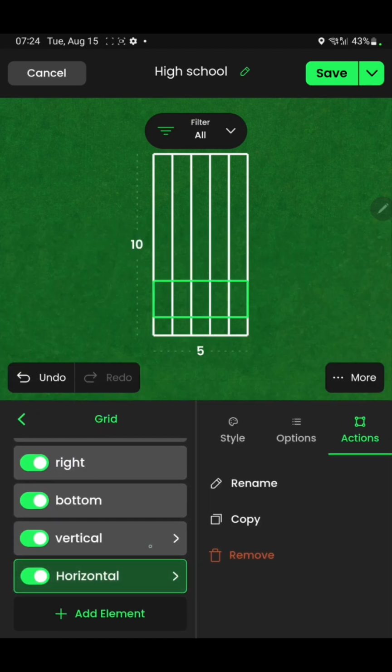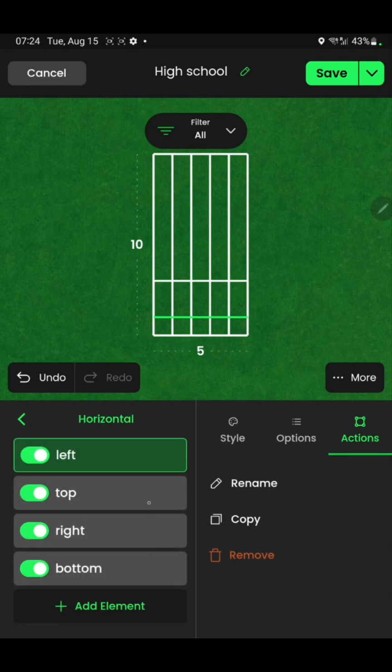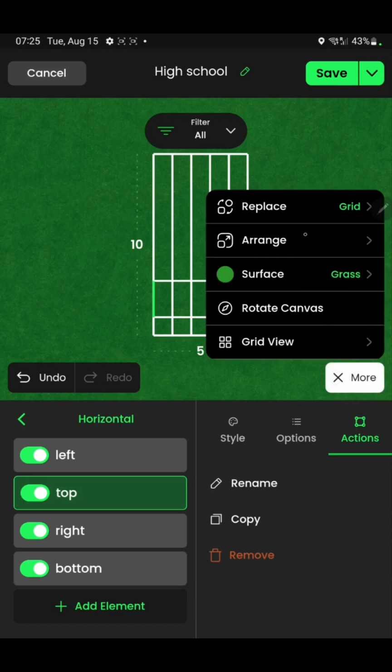Click done. So here are our horizontal lines, which we have to manipulate this line and this line so that we are painting in an efficient pattern. So we'll open up where it says horizontal. We'll open up that folder by tapping this little arrow. So left, you can see, is in the right position. Top is not. We need to manipulate this top segment. So highlight top, more, arrange,